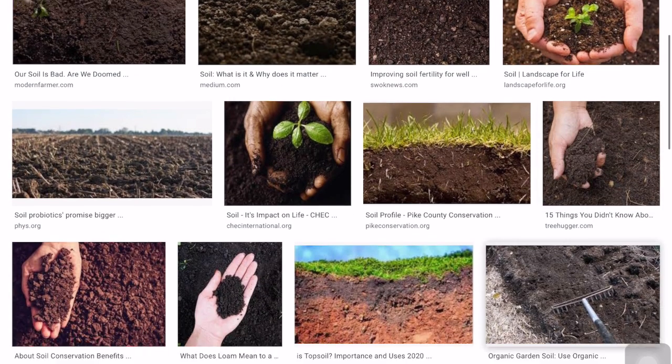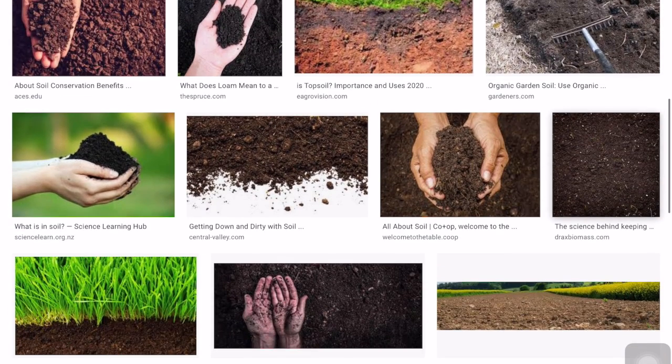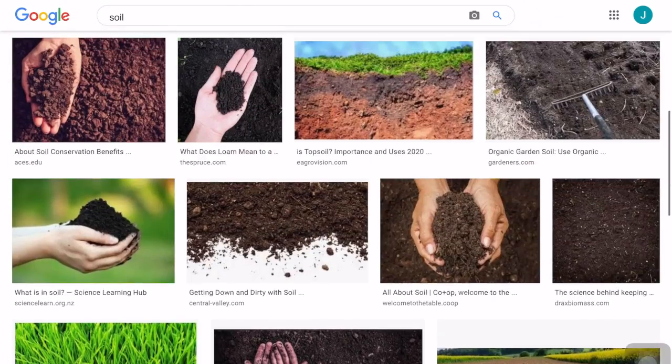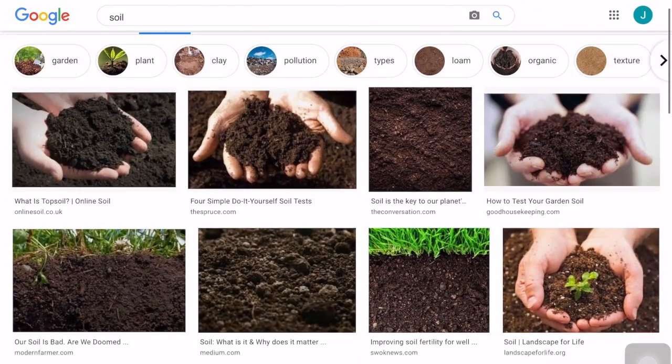So what do you think soil is made of? You each should have answered this question. How do you think soil is made? There's different types of soil. Soil is different in each region. Our soil here in Texas is really different than the soil in Illinois, or even, I'm sure, the soil in India is totally different than the soil over here in Texas. It's all very different. So that's what we're going to explore.